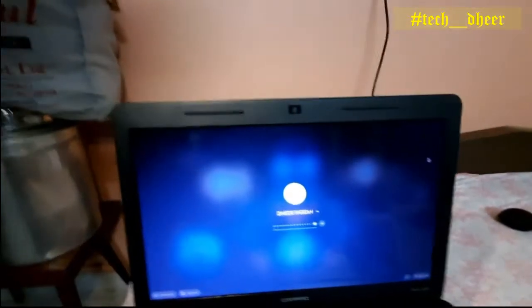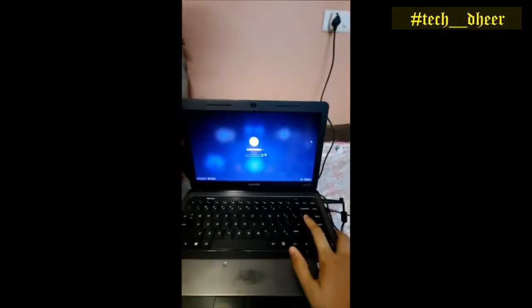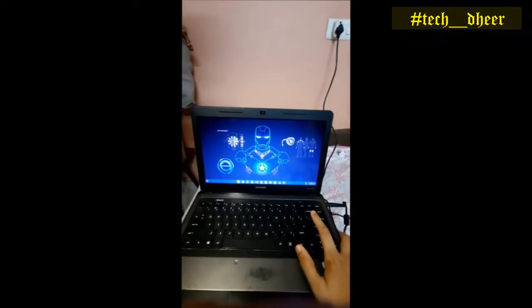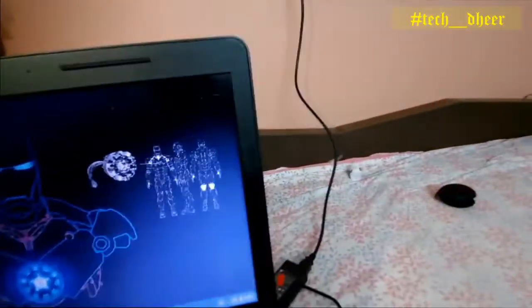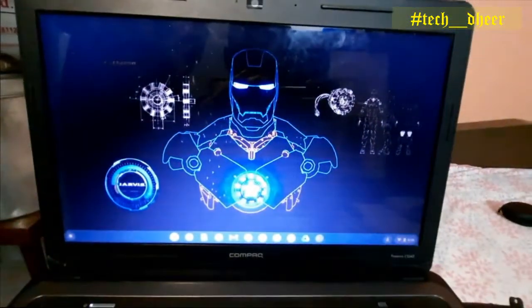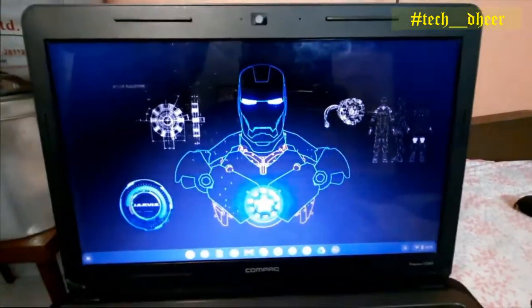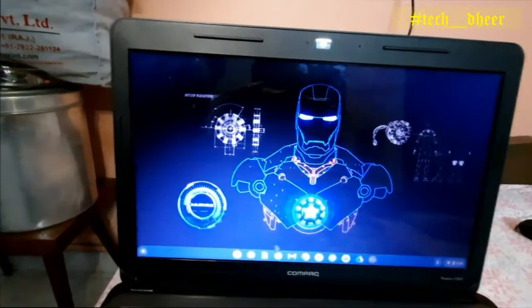Okay, so I have entered the password. Now I'm going to sign in. So by clicking enter, I'll be logging in, and this is my laptop for now. Actually, this is an old PC, so it might have problems of Play Store not turning on, but most probably this is really smooth, and if Play Store is turning on, I can play all the games.